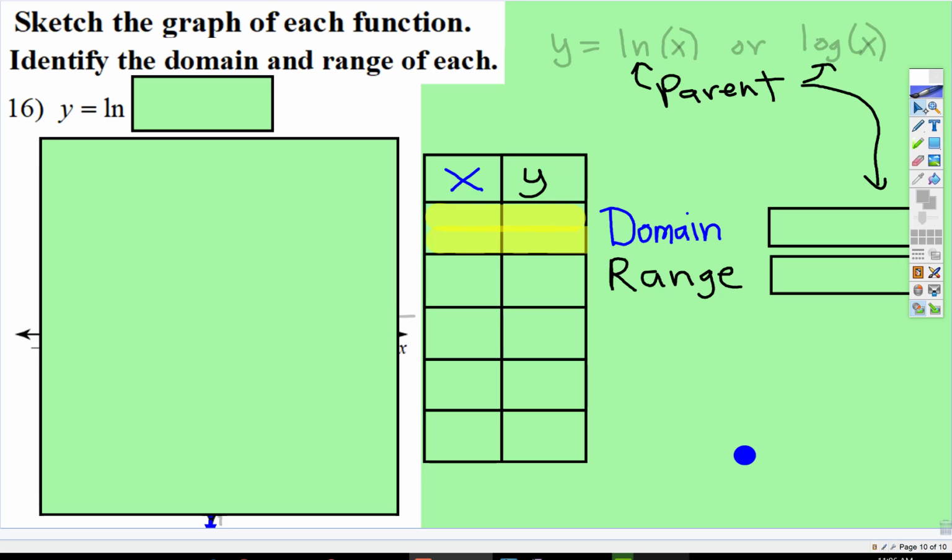Okay, now we're going to work on sketching the graph of a log or a natural log function that has been transformed. Well, the parent graph of a log is either ln of x or log of x, right? And on log of x, the base number is 10, and for ln x, the base number is e. And the difference in the two graphs,